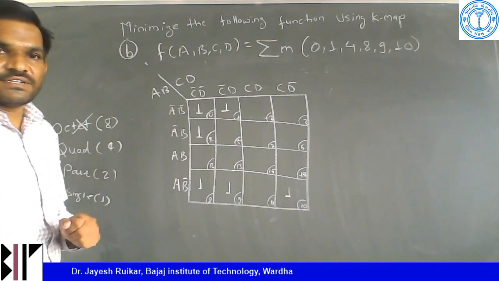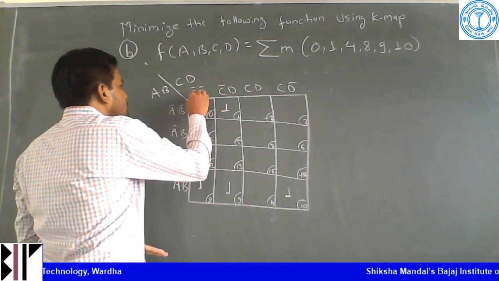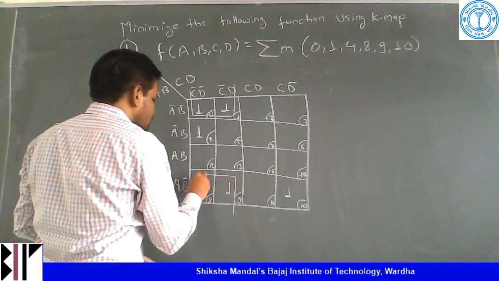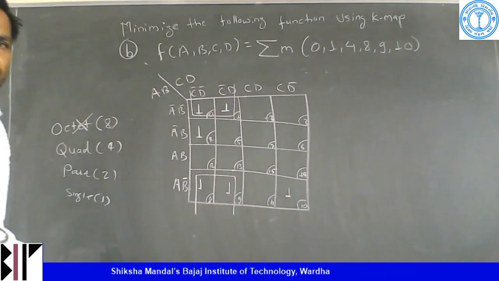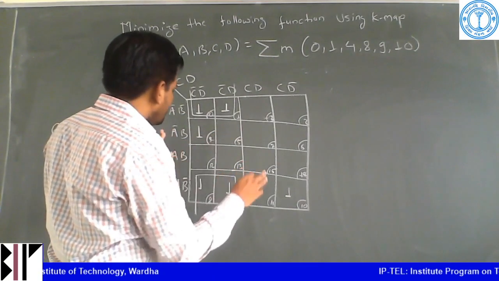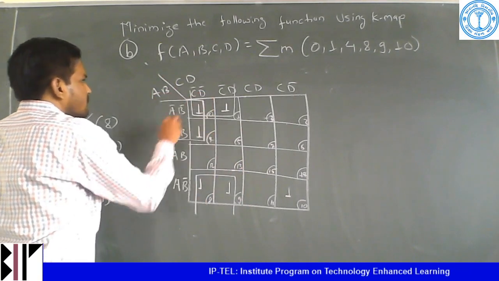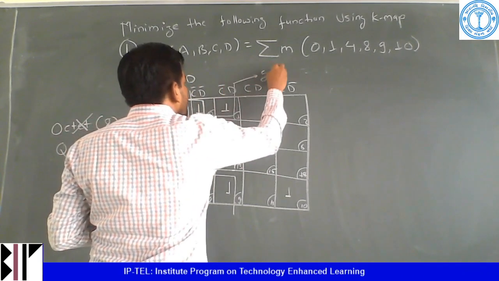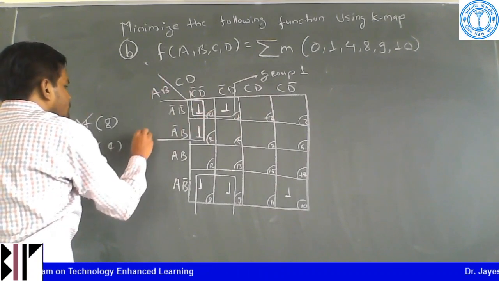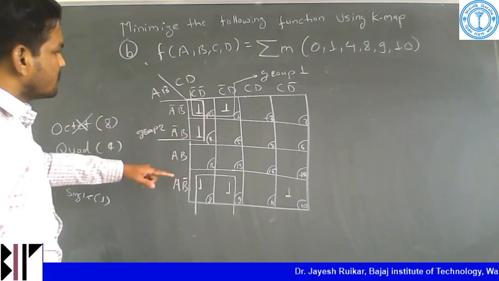Is the quad possibility available, that is, 4 adjacent ones? Yes, adjacent 4 ones are there, and this can be in this form. So these 2 ones are adjacent to each other. Then is any other position available? No. So we can form a pair now. For this one I will write, this is my group 1. For these ones, this is my group 2. So what is remaining? Now this one is remaining.